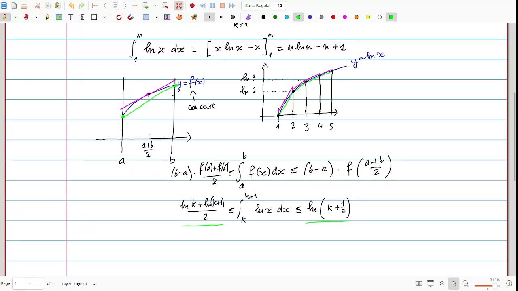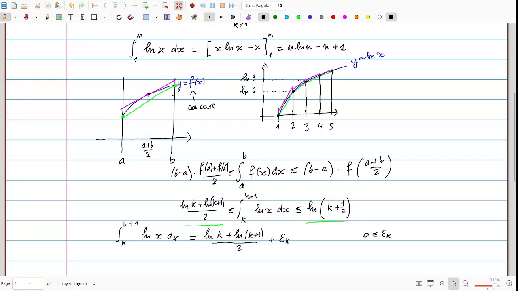So the idea is to say that the integral of the logarithm is equal to the quantity on the left hand side plus an error, which we can call epsilon k, and we know that this error is positive,